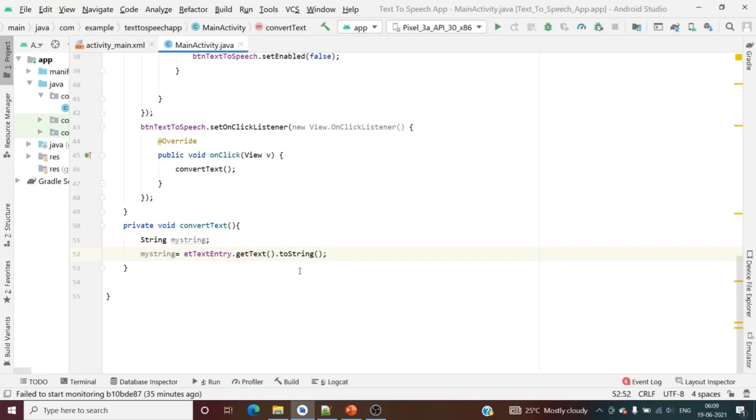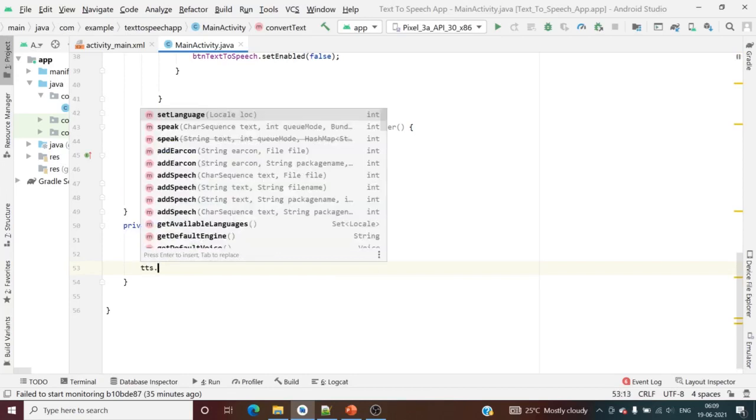Now you have to use the speak method, correct? tts dot speak.